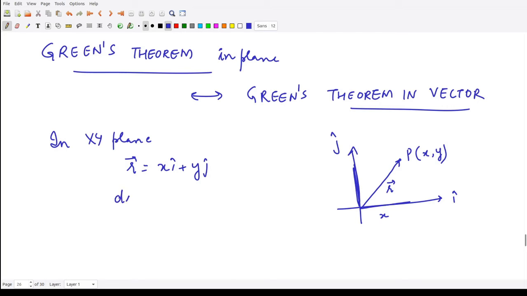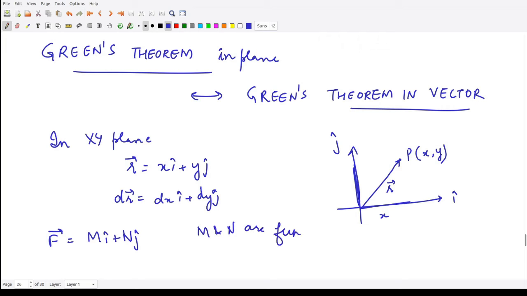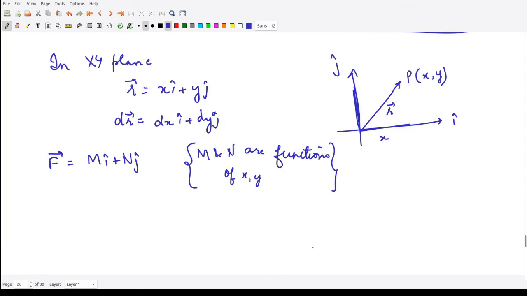So likewise you will have its derivative as dx i cap plus dy j cap. Moreover, if we define the vector F to be M i cap plus N j cap, where M and N are functions of x and y, as we have defined above, continuous functions which also have partial derivatives,